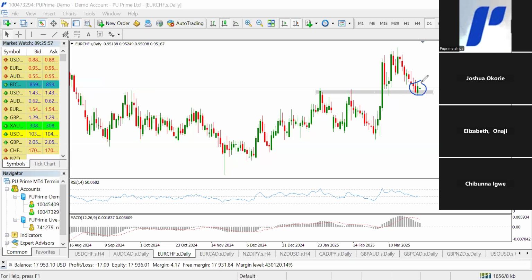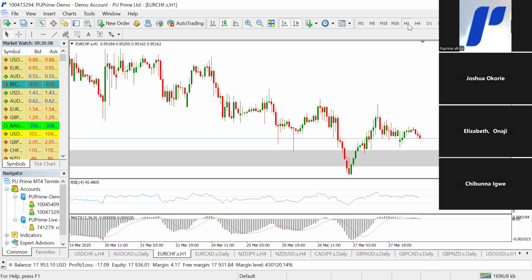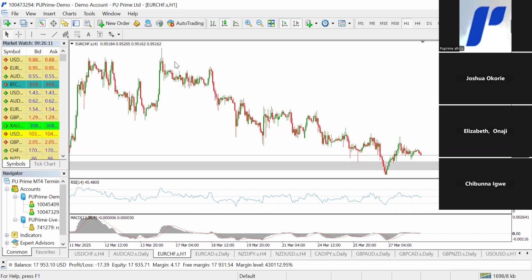Now, not only did it turn to support here, the last set of candles, 2 days ago and yesterday, actually formed the tweezer top pattern. It's a candlestick pattern that signifies price will push into the bullish direction. So we hold the bullish outlook on the Euro CHF. We switch down to 1 hour time frame.